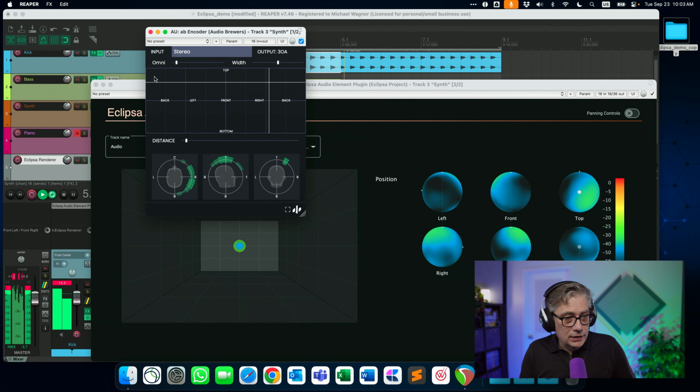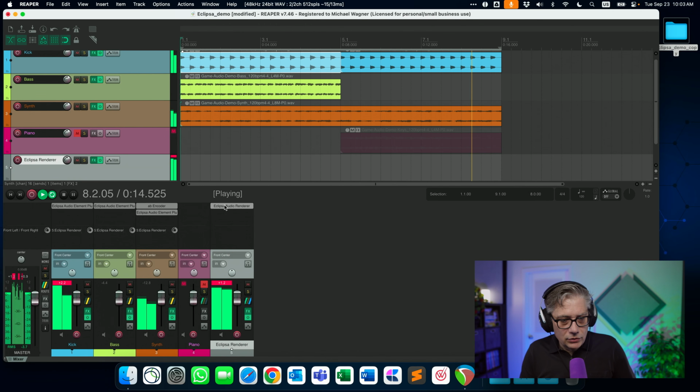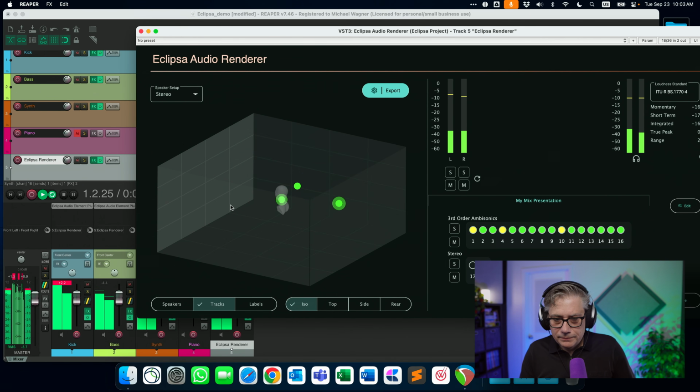And obviously, if I now open the Eclipse Audio renderer, I will see that accordingly. Now, because I'm not using the panning controls, it's located here in the listener position, but that's the way it is represented in the renderer. But we see that all the third order ambisonics channels are coming in and everything works fine.